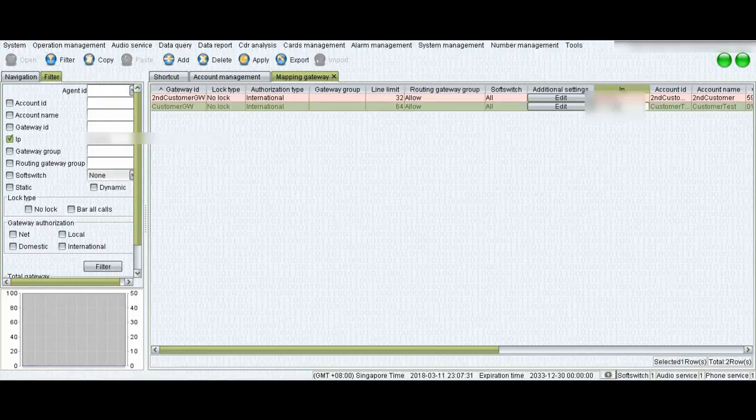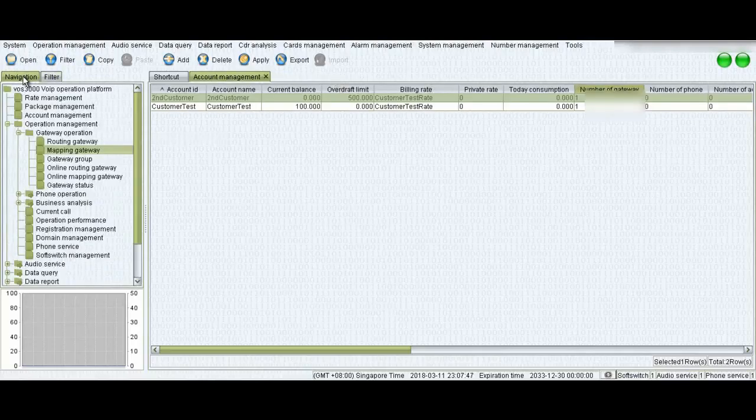So I will change the IP address just to show you. I'll uncheck this and I'll click filter. Now you see the red sign is gone, which means now it's working fine and calls will go through. Okay, now finally I will configure routing gateway.